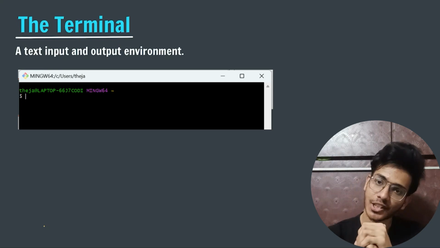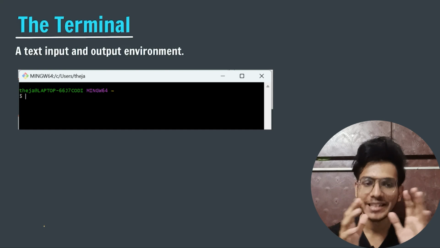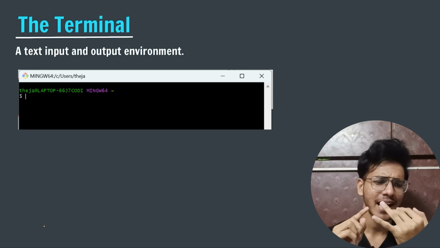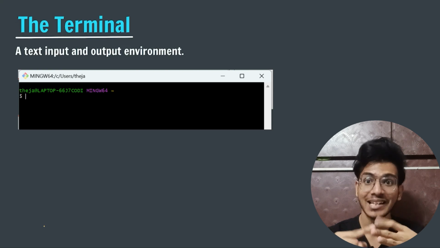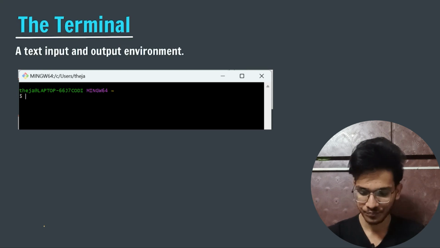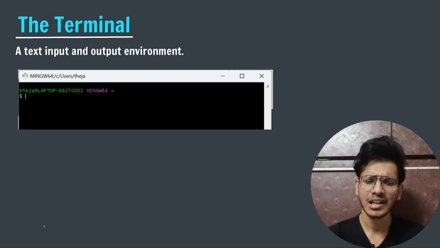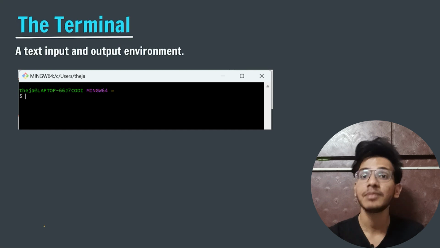Hello everyone, in this session we are going to talk about terminals. If you are familiar with computers, then you might have heard terms like console, shell, command line, terminal. Even though we are using different words, the basic meaning of all these words is the same. So a terminal is, you can say, an interface in which we write some text and we get some text as